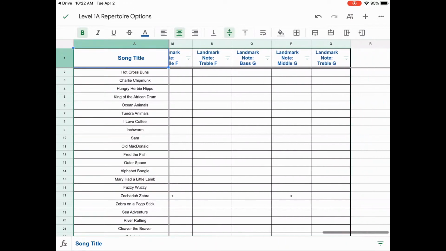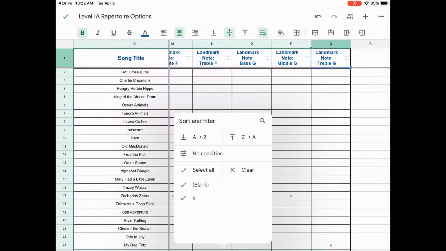A lot of students at this stage end up struggling with landmark notes. So I want my student to focus on landmark note treble G. This is the one just above middle C. And in Piano Adventures, it would go Queen treble clef with the ruffle on her dress. So I'm going to press my green filter button, again just to the right of landmark note treble G,